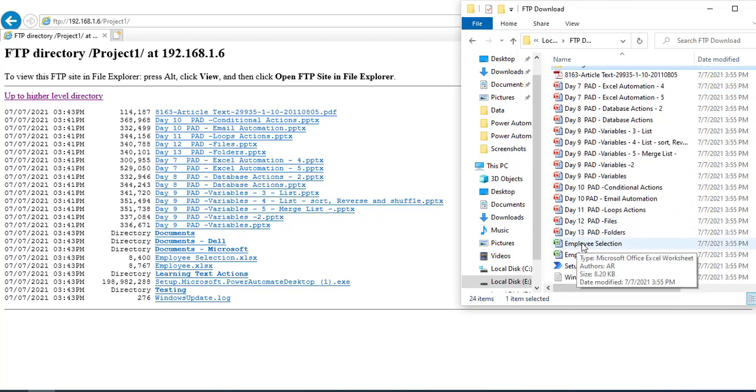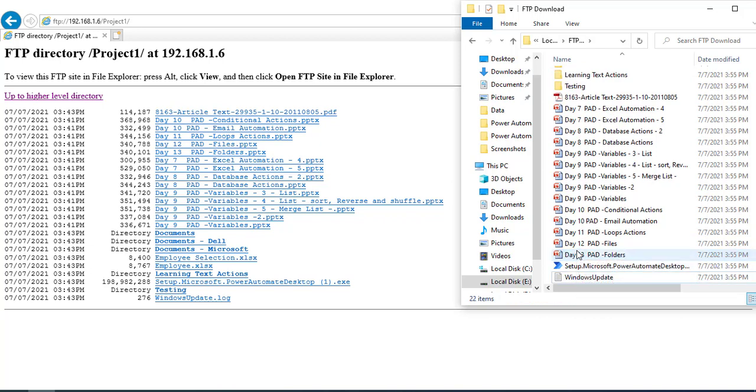Then I'm having two Excel files over here. Now, from the source, I'm going to delete these two files. And what you have to do whenever you are going to sync this from source to destination, nothing but local to remote FTP server, there you can see this employee selection.xlsx. You want to keep them or you want to delete those files. So based on your option that you are going to make this confirmation over here. How can we go ahead and do that?